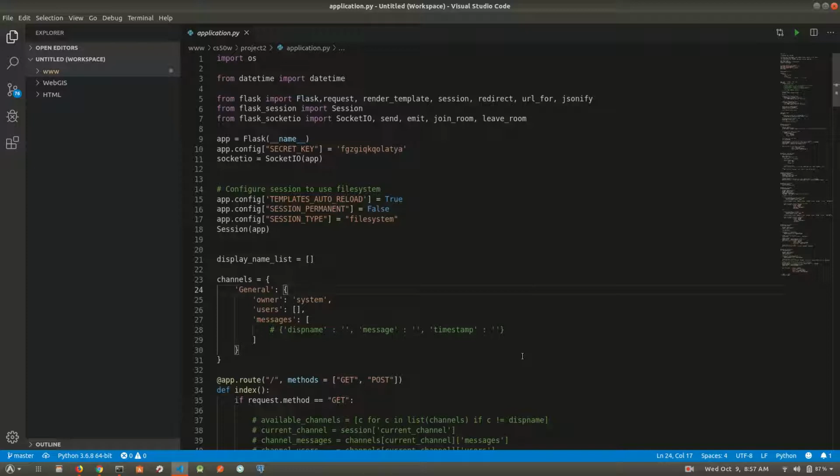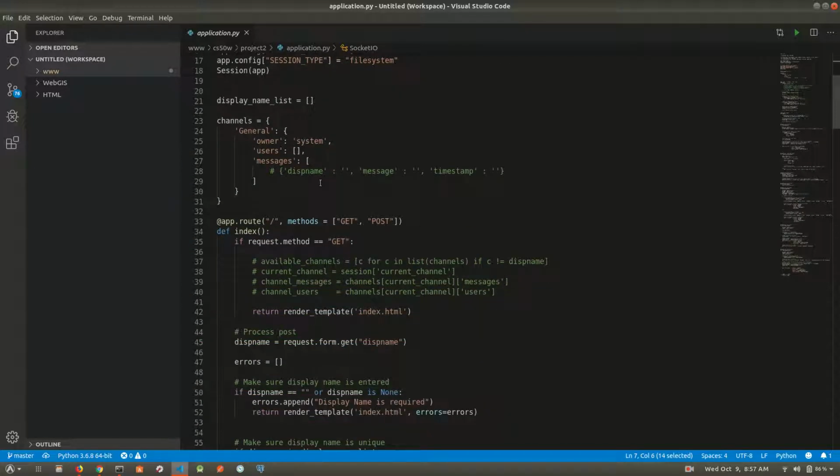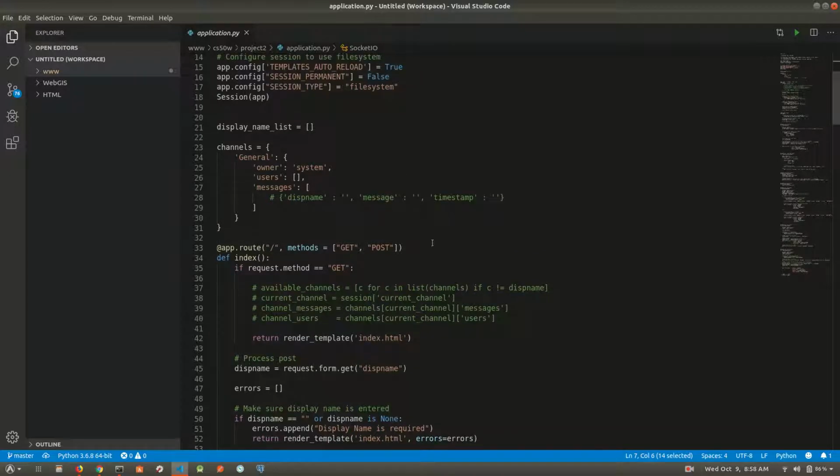In this project, I'm going to take you through how I'm using the Flask API and also the flask-socketio API to create a chat web application that is similar to Slack, and this project is called the Flask project. So basically here is the application.py file, where I am calling Flask and then flask-socketio, as you can see over here. And I want to take you through the source code behind the application,